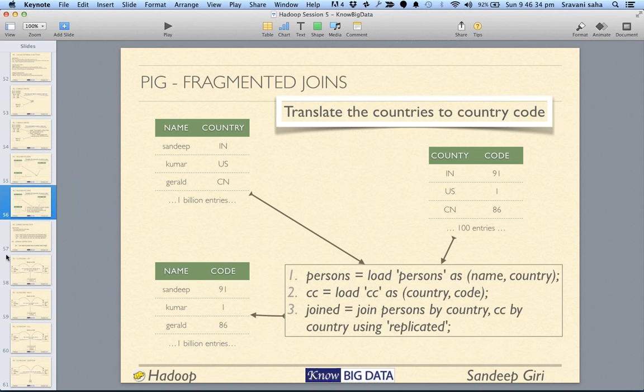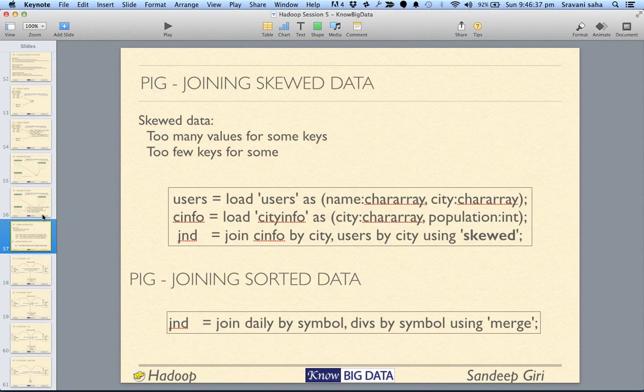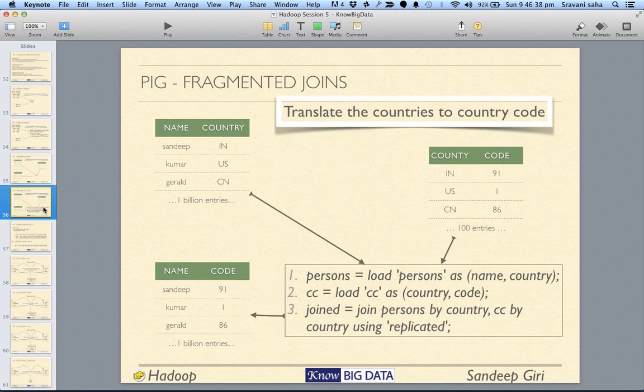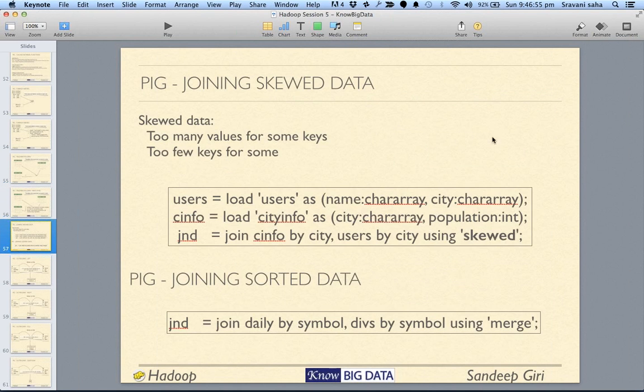All right, cool. So everybody is happy with the fragmented joins. Fragmented joins occur with replicated, don't forget that part. Ideally, we should forget calling it fragmented join. We should just call it replicated. Okay. Now the next step is